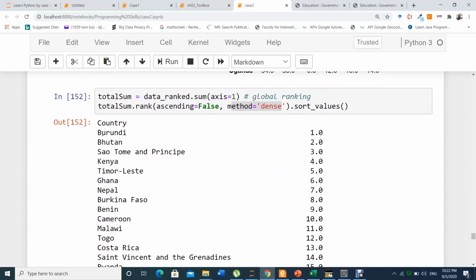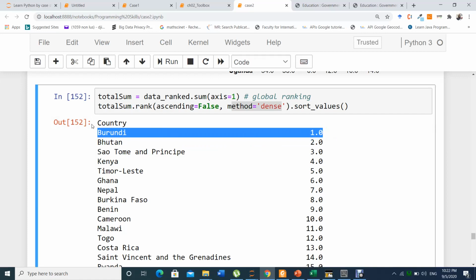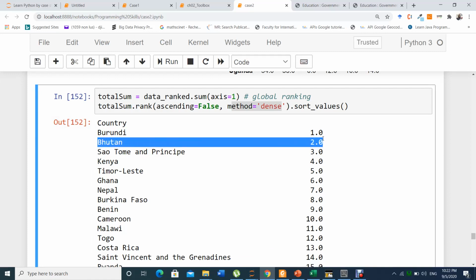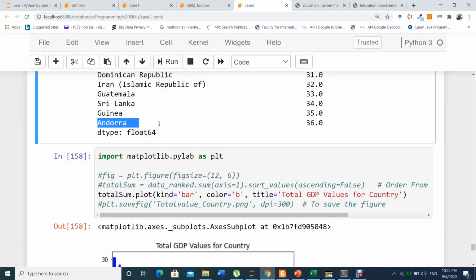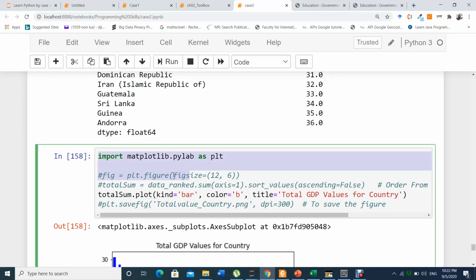So based on this, you can say from the analysis, Burundi is the first country that spends the most money on education, in terms of GDP, and this country is the last country, which spends the least money on education. So it is interesting. We finished answering the question, but it's interesting to also